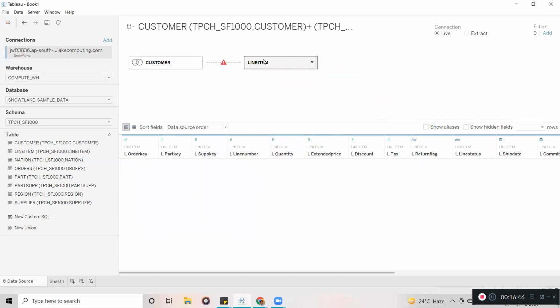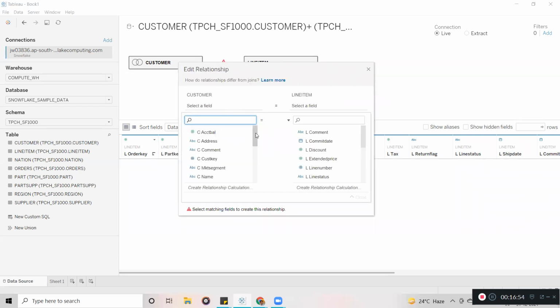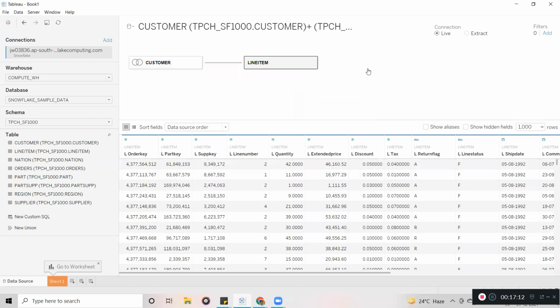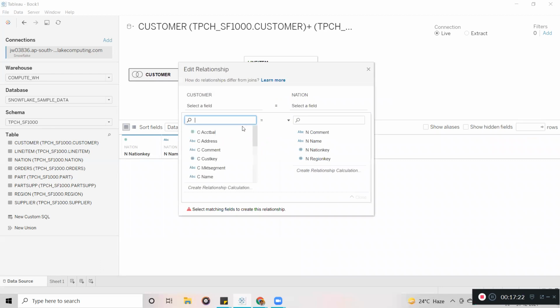Okay, let me see what we are having here. Order key is there. Yeah, we can make the join with order key, like a relationship. So here orders, order key, and here we are having, oh sorry, we are seeing this one only, right? Okay, right, discount. Yeah, here order key. Now we can make the relationship. Okay, this is the one. Now here, if you want, you can drag the nation, region as well. So nation key, here you can go with nation key, we are having that also.